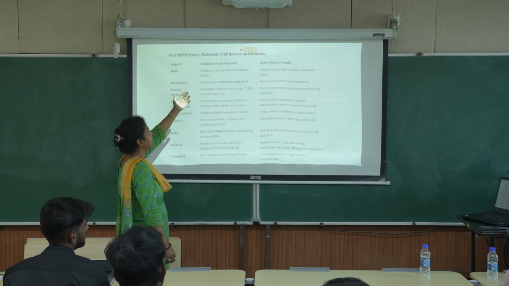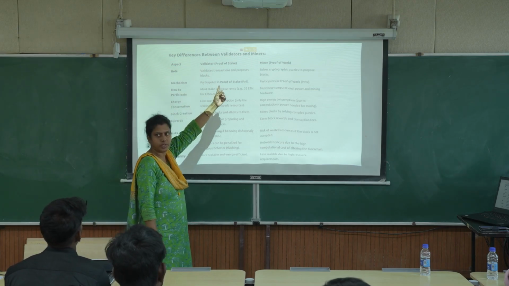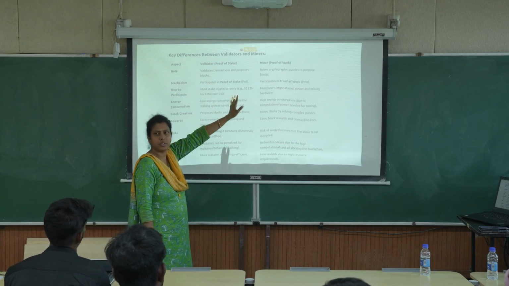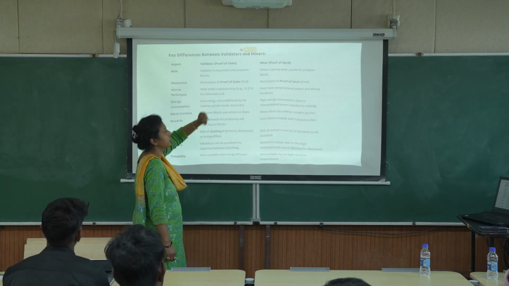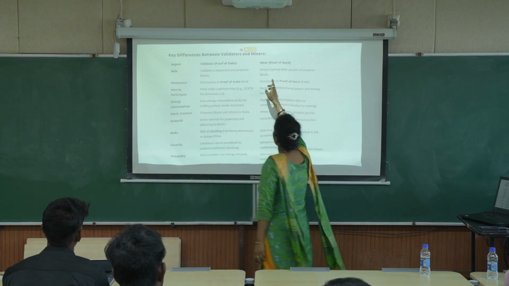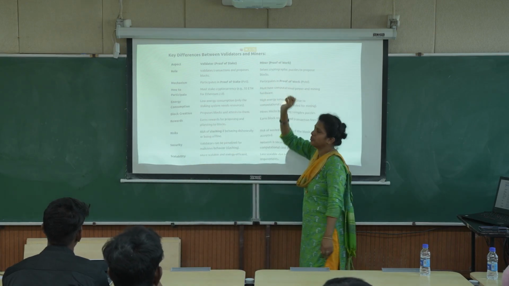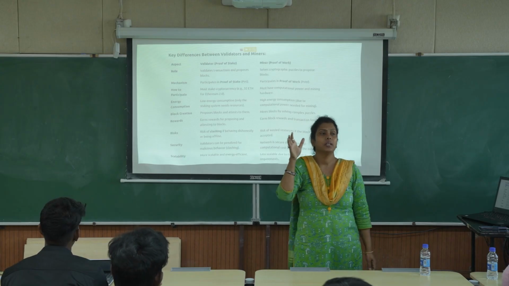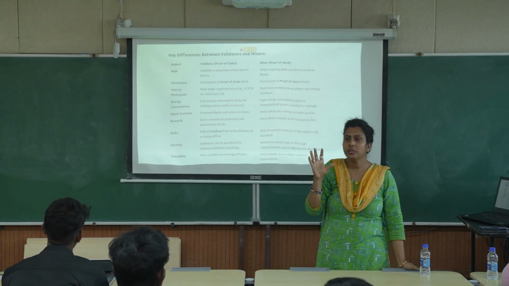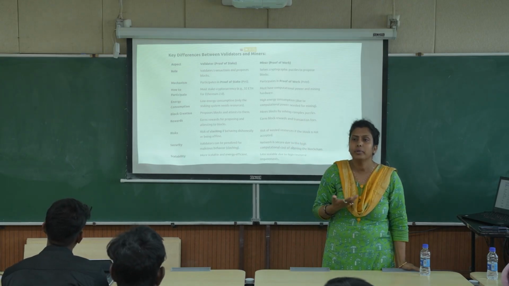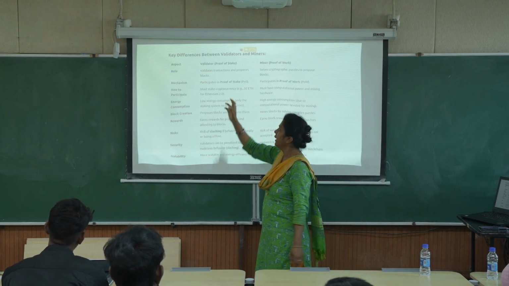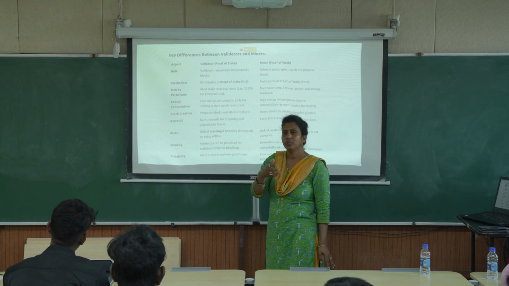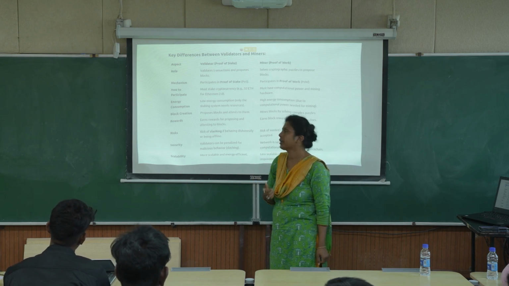So what are the roles? Validator we use in case of proof of stake, and miner we use in case of proof of work. A validator validates transactions and proposes blocks, whereas a miner solves a cryptographic puzzle to propose blocks, which we generally use in case of proof of work. Because in proof of work we solve a cryptographic puzzle, and to be a validator we need 32 ETH, and it is used in proof of stake.